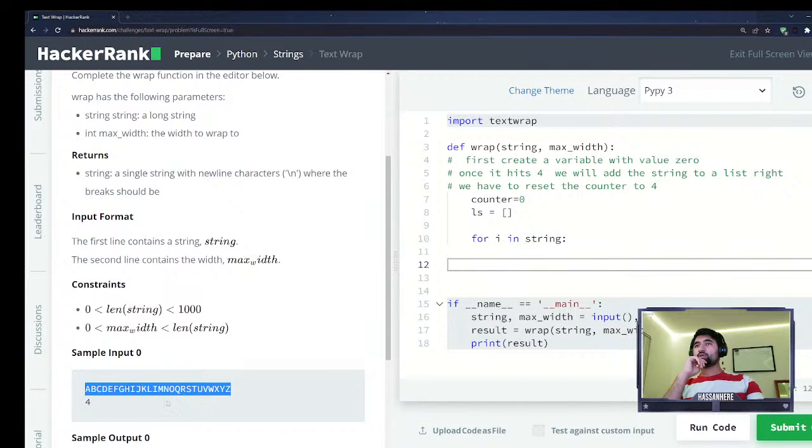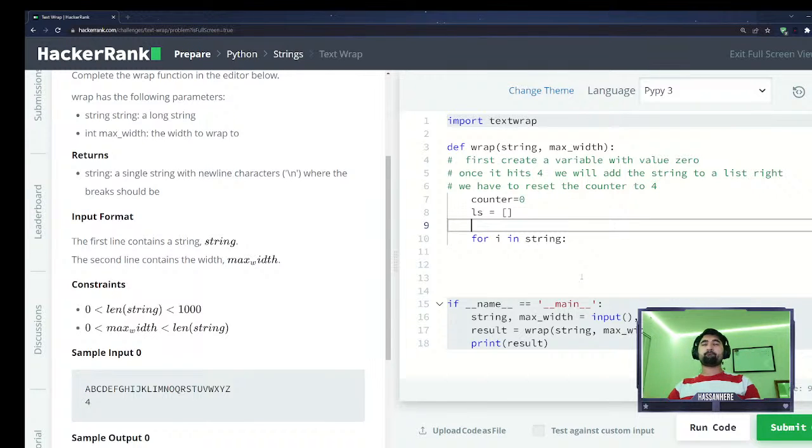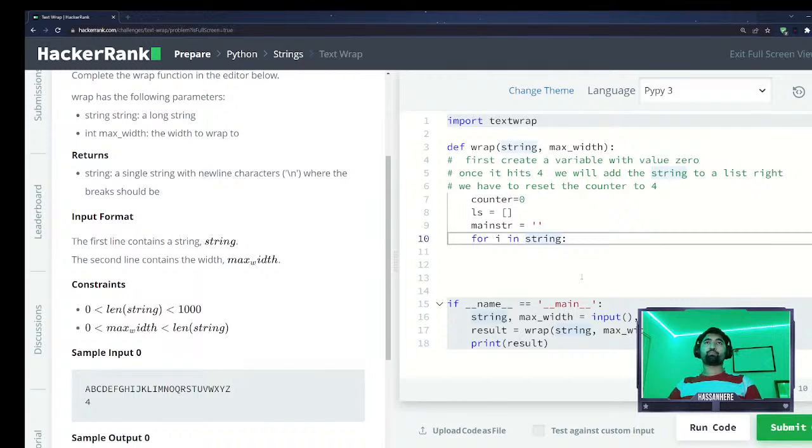Okay, for any string, the string's gonna go, okay. Let's just start writing some code so we can figure out what we want to do. Okay, so main string, for any string,